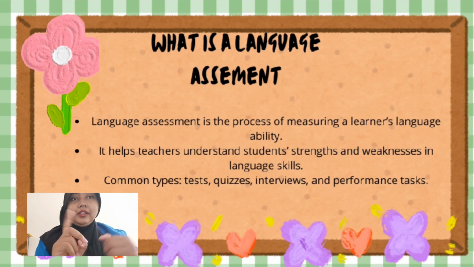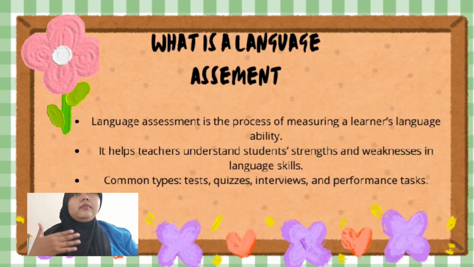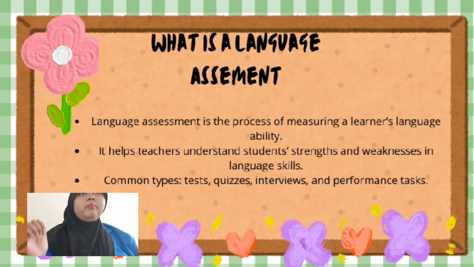In part 1, what is a C-test? Okay, in this slide, we'll talk about the C-test. A C-test is a type of language test developed from the cloze test. It measures general language proficiency. In a C-test, the second half of every second word in a text is deleted. Students must fill in the missing part.